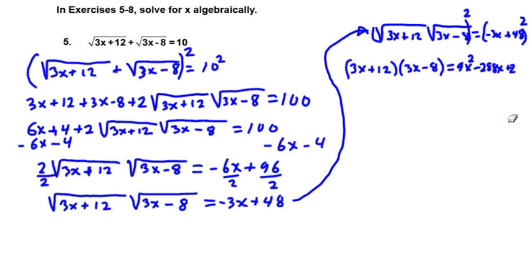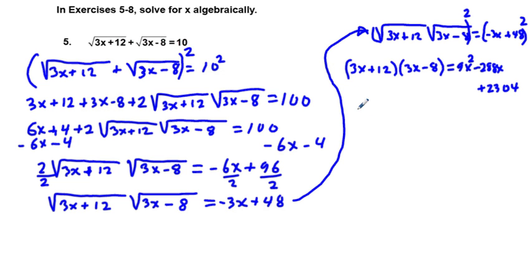I'm just kind of run out of room here, so I'm going to echelon below here. And then just kind of multiplying out on the left side, we're going to have